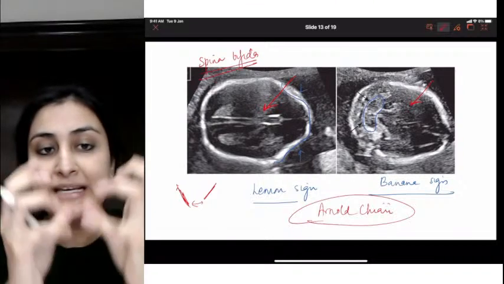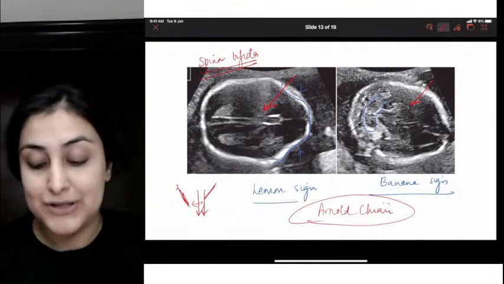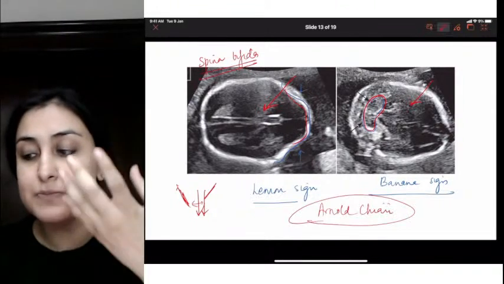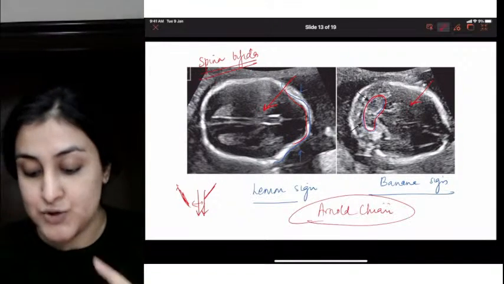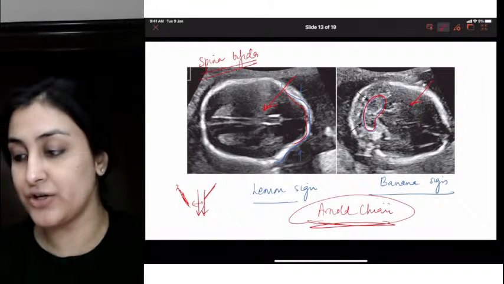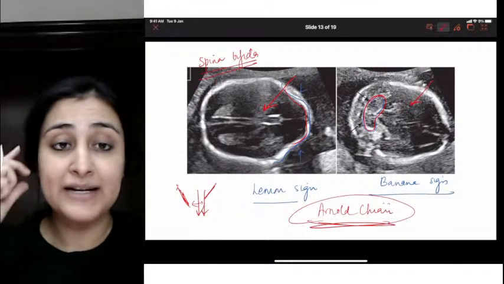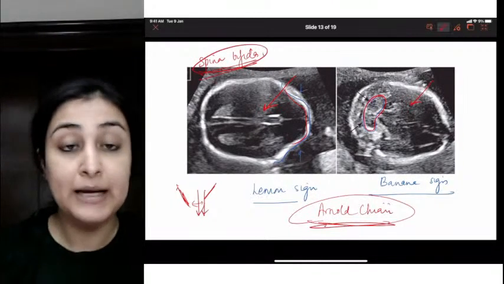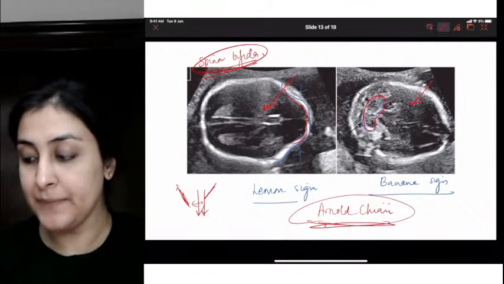So that is why the brain is under a lot of stress. Everything is getting pulled down into the spine. So that is why the cerebellum becomes banana-like. Here you have depression because something is pulling the brain inferiorly. Okay, is this making sense, everybody? So this is Arnold-Chiari. It's not related to Down syndrome. Spina bifida is something that is sometimes given in the options. So if you don't have Arnold-Chiari, mark it, but it is not the correct answer. Okay, so this is about that.